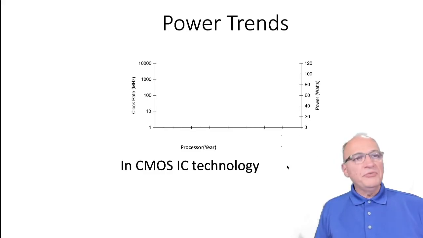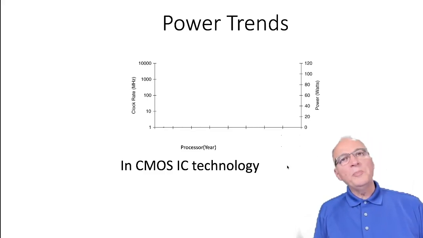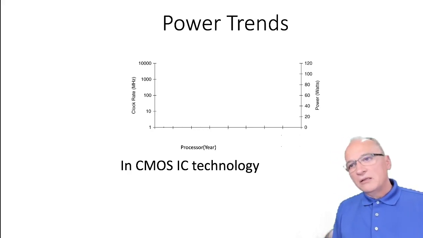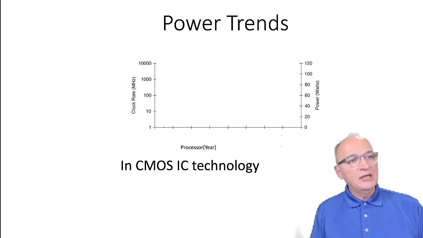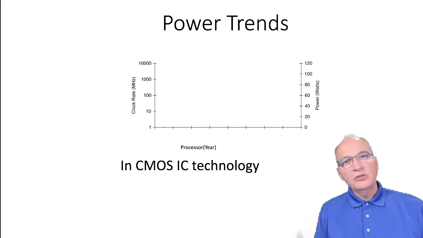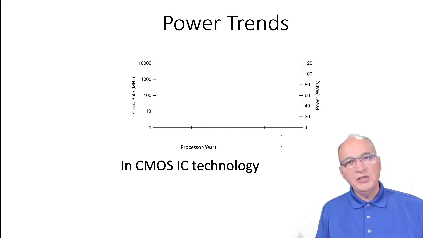Let's start with a review of what we call power trends. Power trend is the evolution of processors over time viewed from the point of view of power consumption of these processors. And the reason to focus on power is that the limiting factor for performance and for speed in processors is